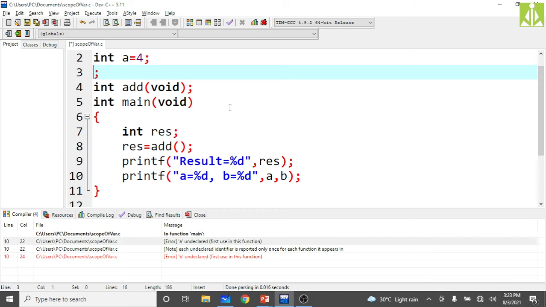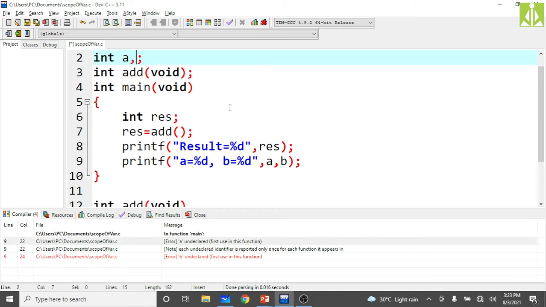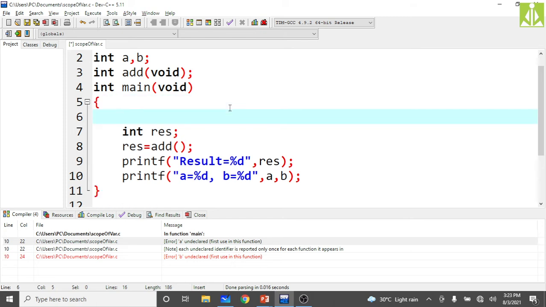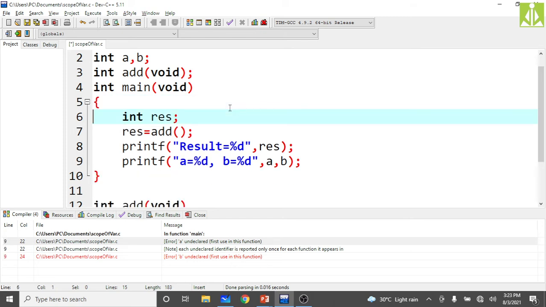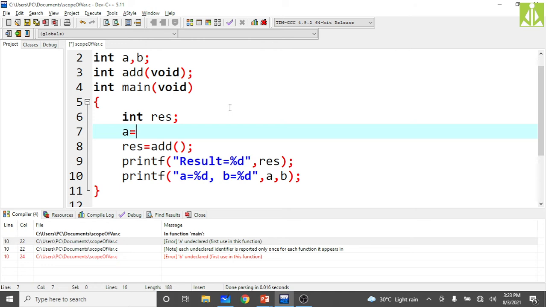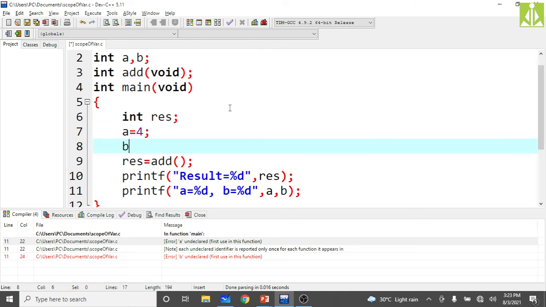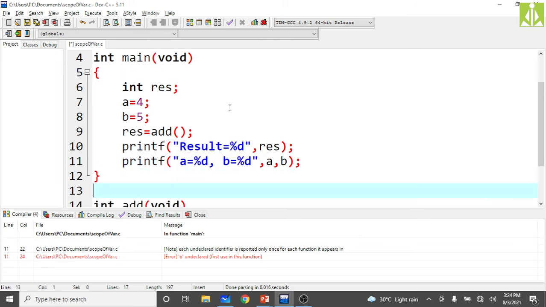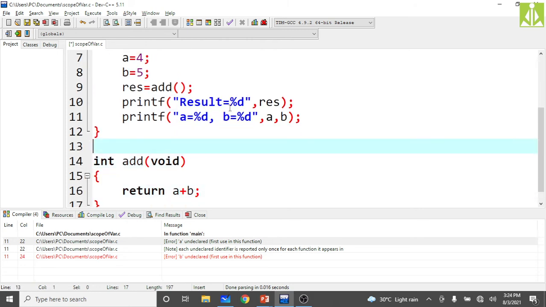Yes, we'll go like this. Just declare a comma b, don't initialize the values, and initialize the values from main. Here you come down and initialize the value of a to 4 and the value of b to 5, like this. Now inside this add function we are adding them and returning the sum.